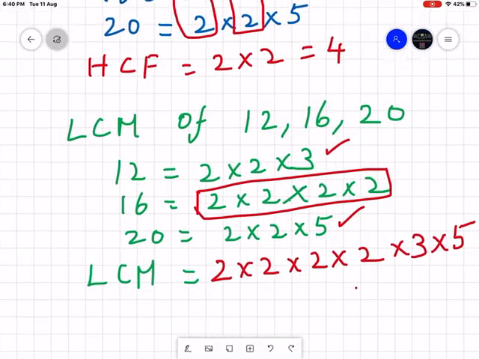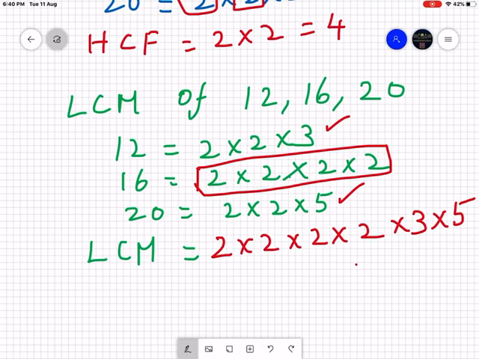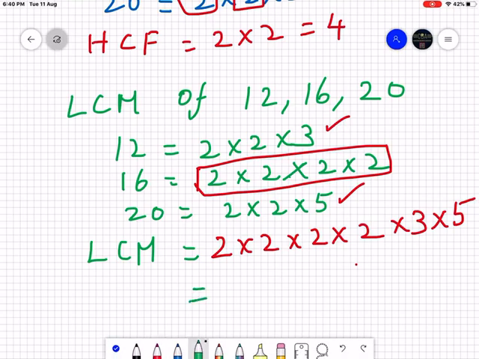So the LCM is going to be, the answer is, and here I will give you one more trick for multiplying very fast. You know that 2 into 5 is 10, correct? So I will always keep the 2 and 5 aside and multiply them at the end, because that makes my multiplication very easy. So I will do 2 2s are 4, 4 2s are 8, then I will skip the 5, and do 8 3s are 24. And then 2 into 5 gives me 10. So 24 into 10 is 240.